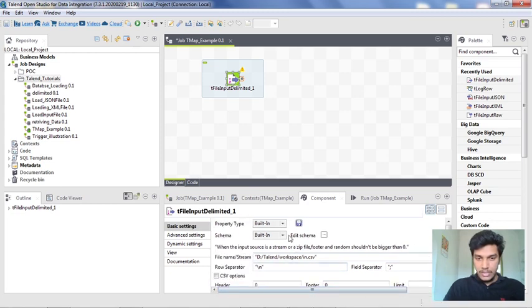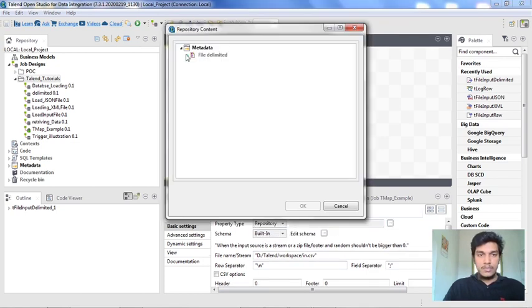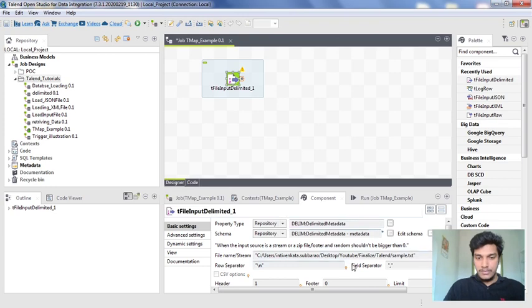We already created some metadata here, so let's see whether that metadata is there or not. We have already created that metadata for the delimited file, so I am using that. You don't need to configure everything, because we already configured it in the metadata itself.